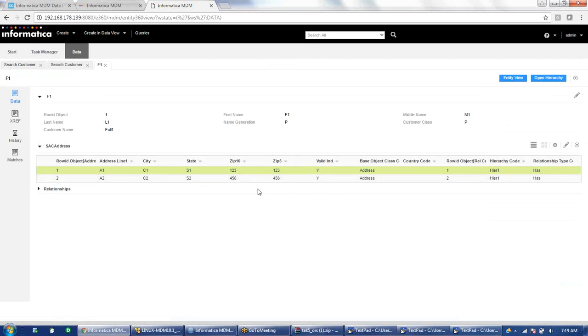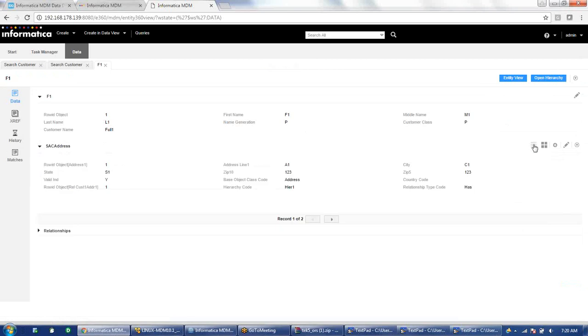One more thing to be noticed is that it is coming like a table. In this table, sometimes, for example, you might have 50 columns in your address table and you want all the 50 columns to get displayed. But if you are using a table, it only shows a few columns. So if you want to see all the columns, on the top there is a view option, switch to form view and switch to table view. 2 views are there. So just click on switch to form view.